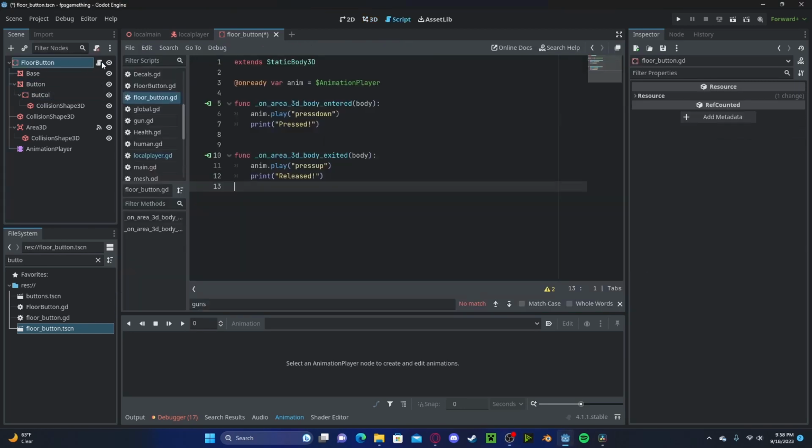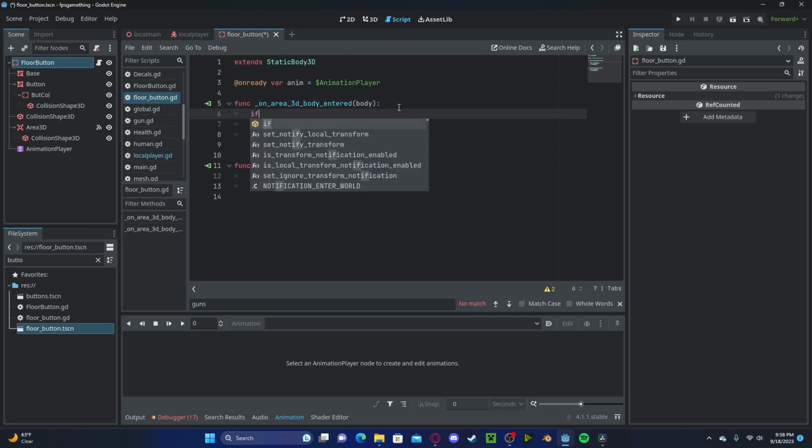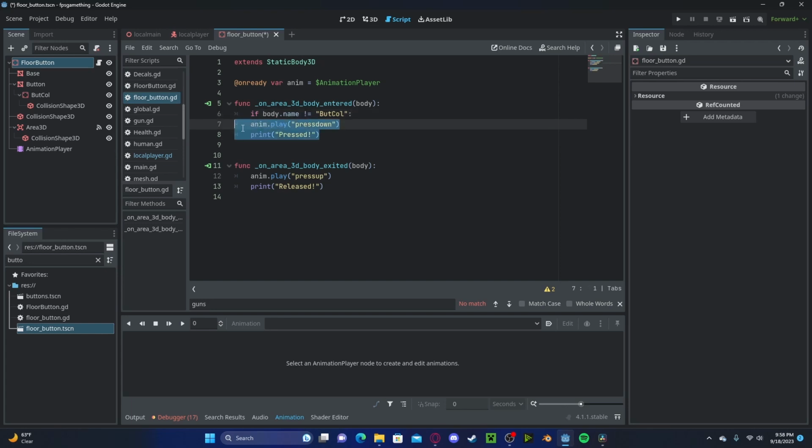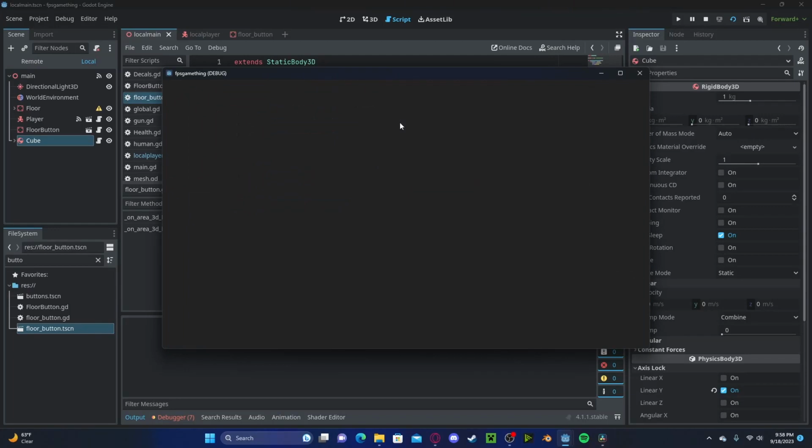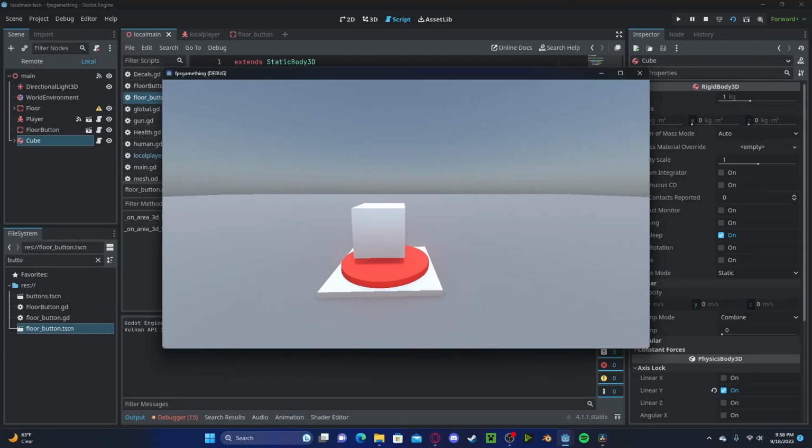And now in our script, we simply need to first check if body.name is not equal to the button collision. And we will check this on both the entered and the exited. This way we don't have to mess around with layers. And if we press play now, and we release the cube, you'll see it will go down with the button, and the button will not press